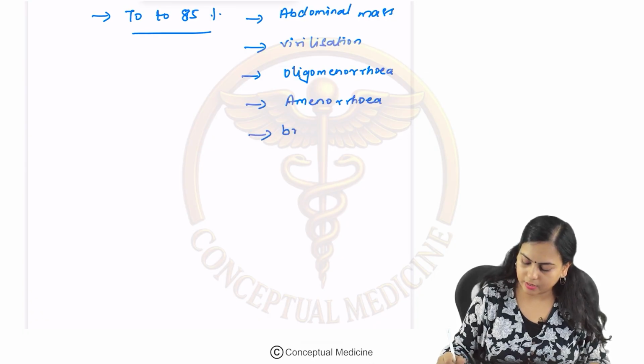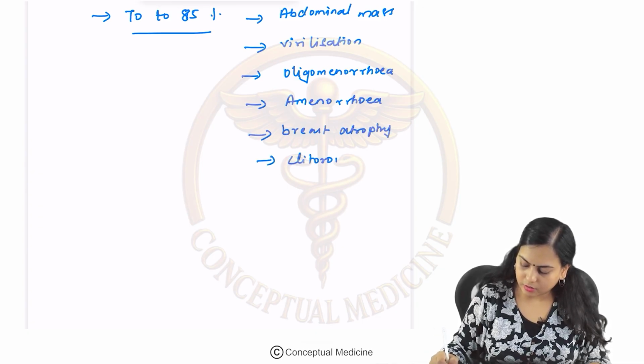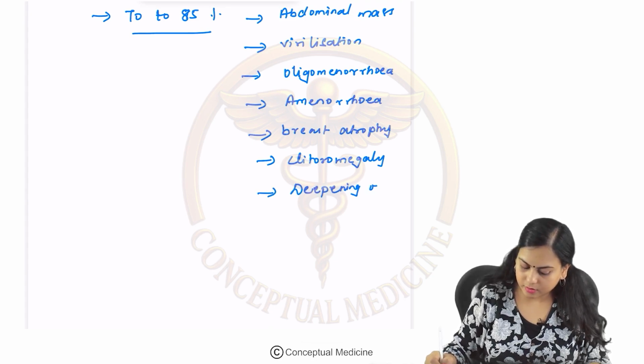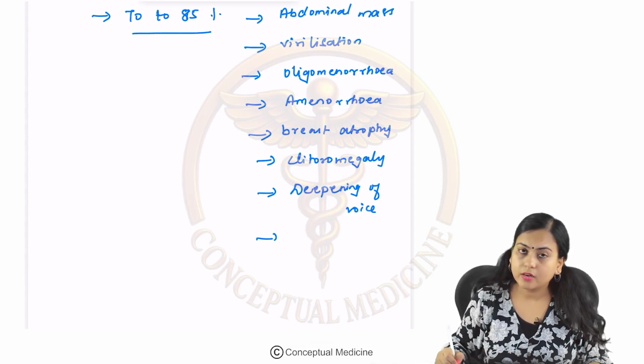So, there can be breast atrophy, clitoromegaly, deepening of voice and also a receding hairline,